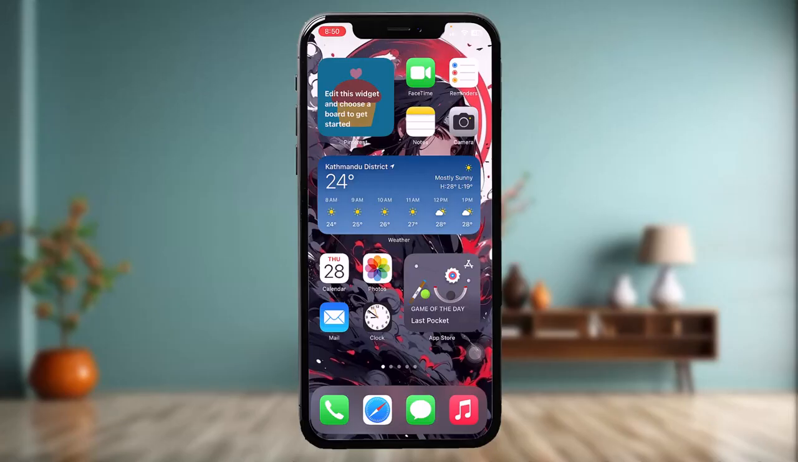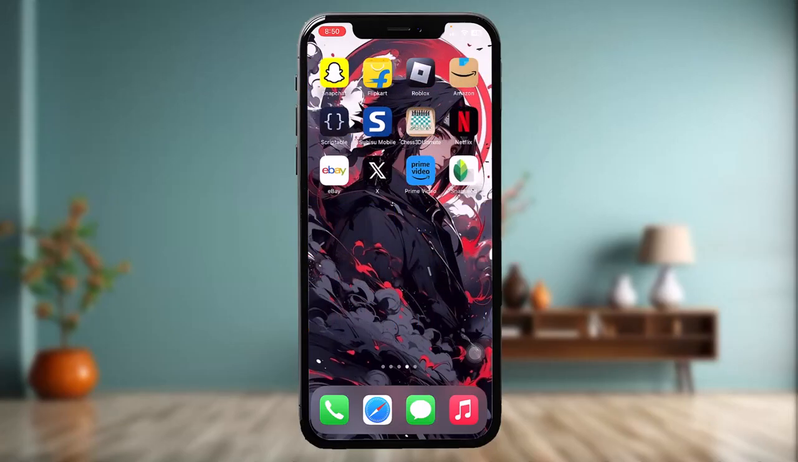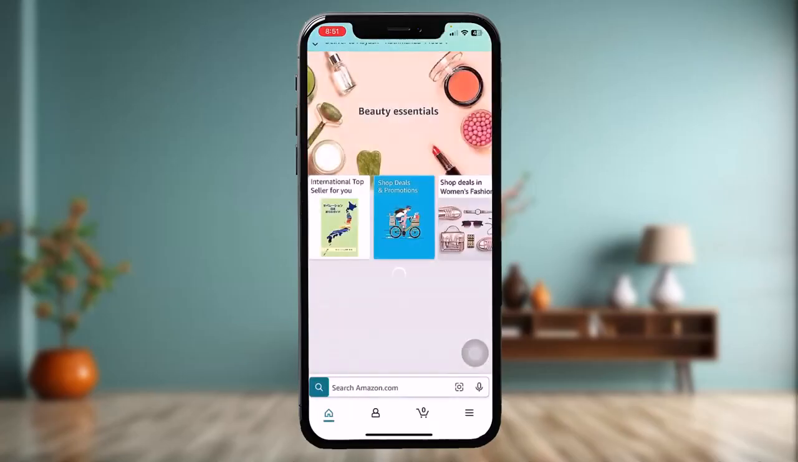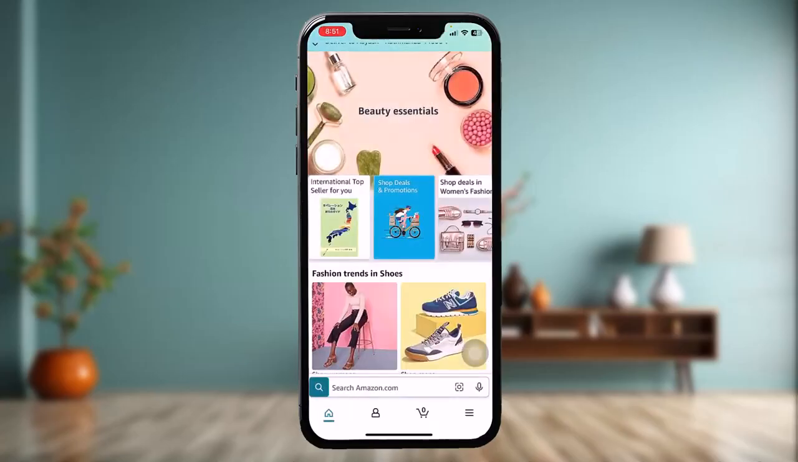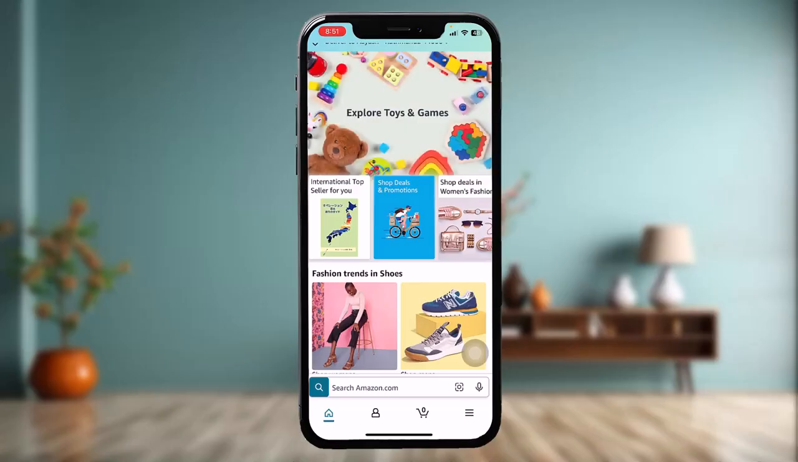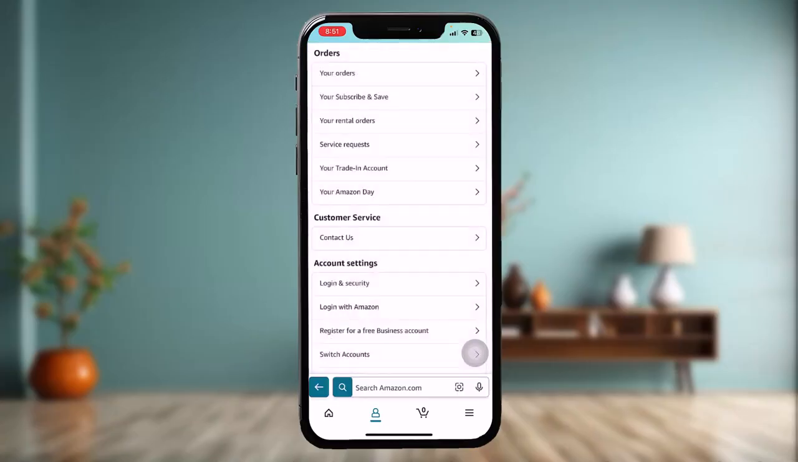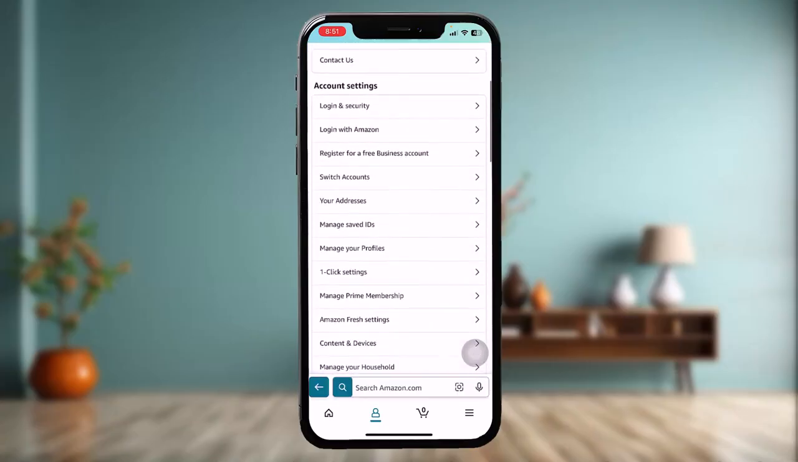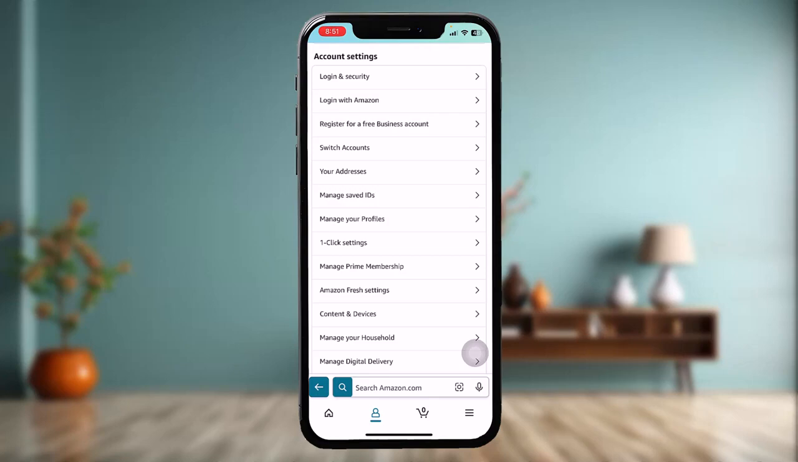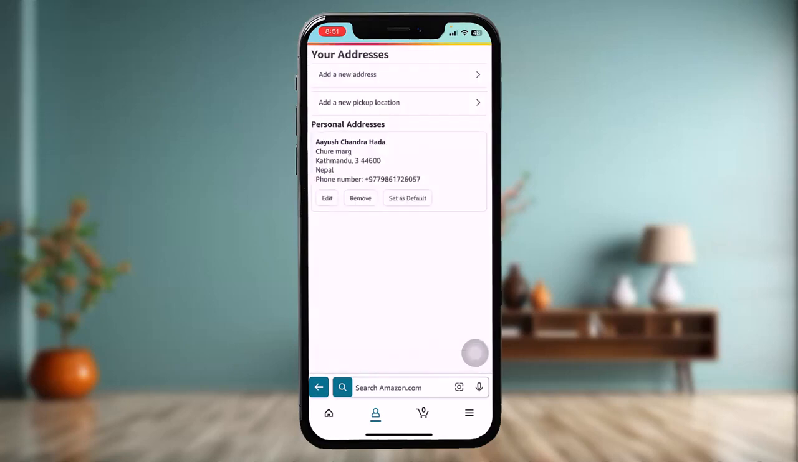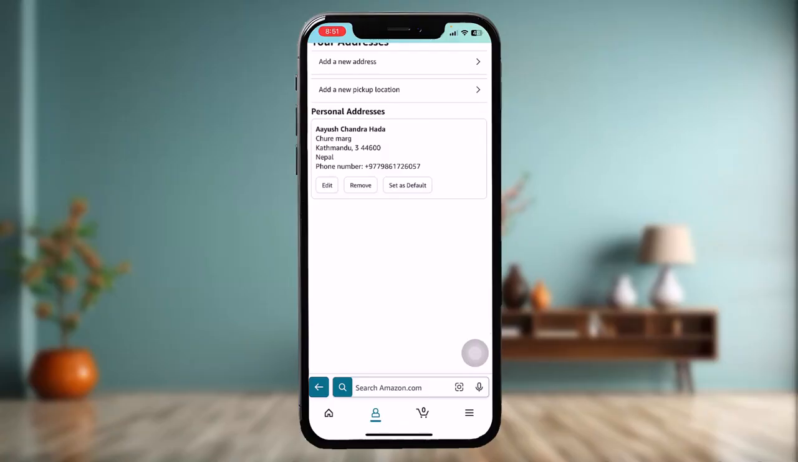Now the first thing that you need to do is head over and open up your Amazon app, and once you're inside your Amazon app, here on the bottom bar you'll see 4 icons. Simply tap on your profile icon right next to your home icon, and once you're inside here, tap on the option that says your account, and once you're inside your account, here under account settings you'll be seeing the option that says your addresses. Simply tap on that,